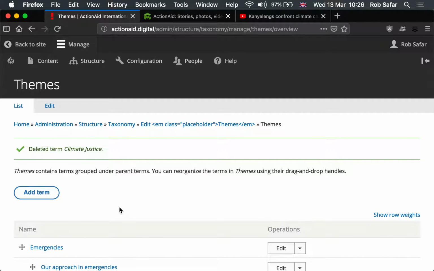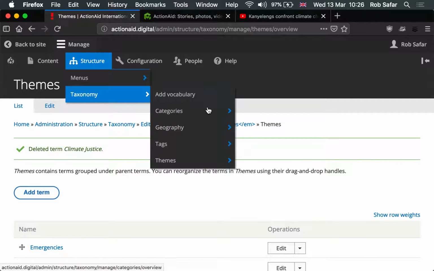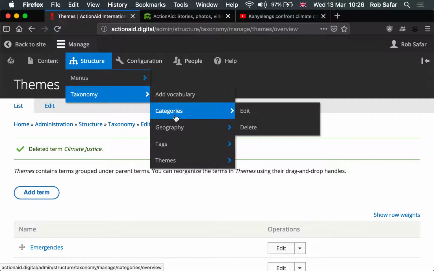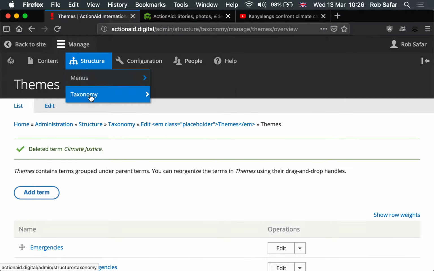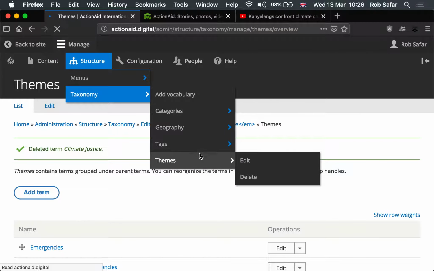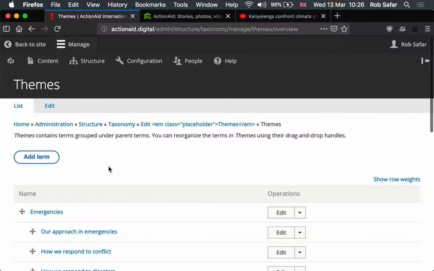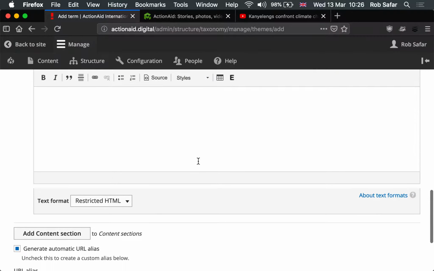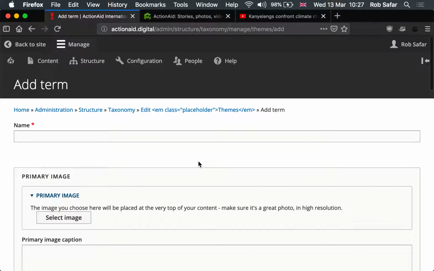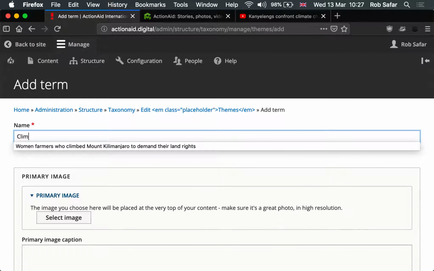That's good. And just to reiterate, if you need to add categories of your own choosing, the process for that is exactly the same. So we go to the structure and taxonomy and the type of taxonomy that you want, and then we're going to click on the button Add Term. And here we basically have a fresh blank page for our climate justice. So I'll put in the name here, climate